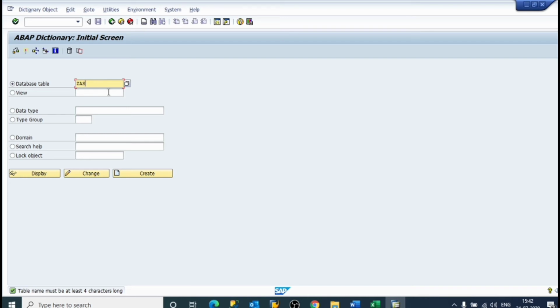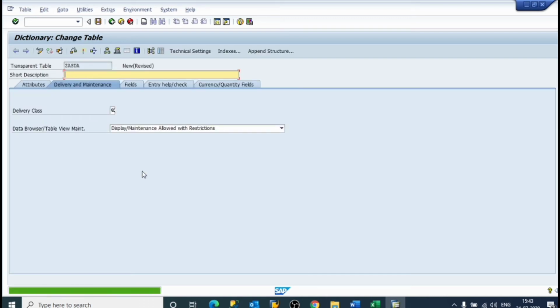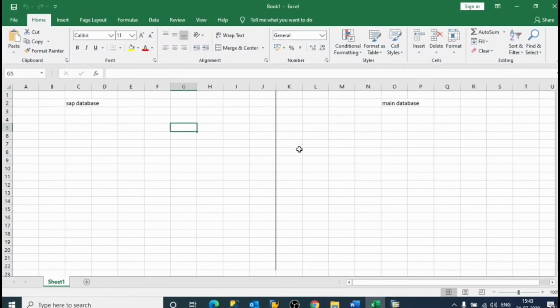See, now we will see an example. The table name must be at least 4 characters long. There are only 3. Now as you can see, it is already considered as a transparent table. Every table that you create by default is a transparent table. Now we will see all these things one by one.